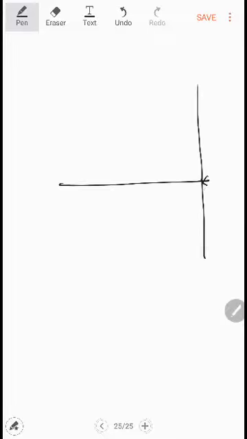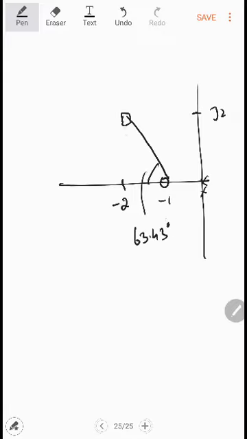So let me go to the other page using the same information. Two poles over here, then we have one closed loop pole over here at plus J2, and this will be equal to -2, and then we have a 0 at -1. I know this one. The angle was equal to 63.43 degrees. I know this one.